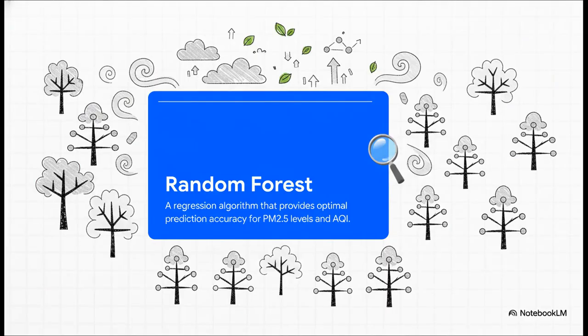So the specific type of machine learning it uses is called a random forest, which is just a great name. And the concept is brilliant. Instead of just one expert trying to make a prediction, imagine you have a room full of hundreds of them. Each one, each tree, looks at the data and makes its own call. Then the system basically takes a vote. It combines all those different opinions to come up with one final prediction that's way more accurate than any single one could be on its own. It's like wisdom of the crowd, but for data.